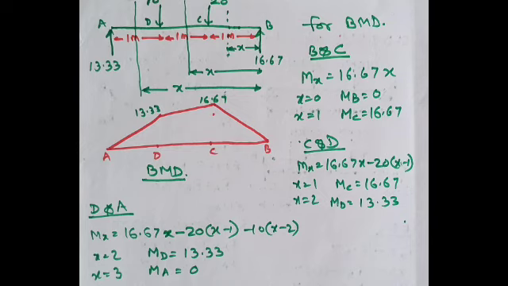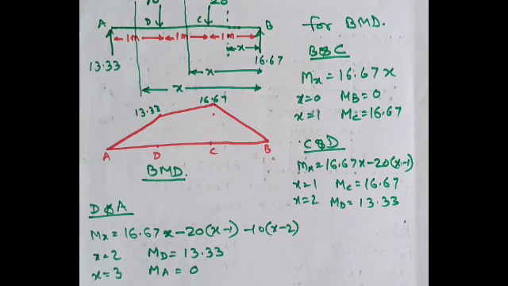Now similarly we will draw the bending moment diagram, starting with the equations. See, the first section I have taken is between B and C. You can see that 16.67 will try to rotate the body in the anti-clockwise direction. Since we are moving from the right side and anti-clockwise movements are taken as positive, the moment will be Mx equal to 16.67 into x. Now put x equal to 0 and x equal to 1. We will get Mb equal to 0 and Mc equal to 16.67.